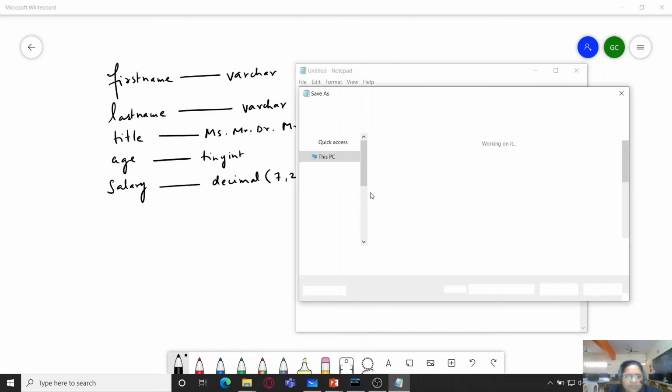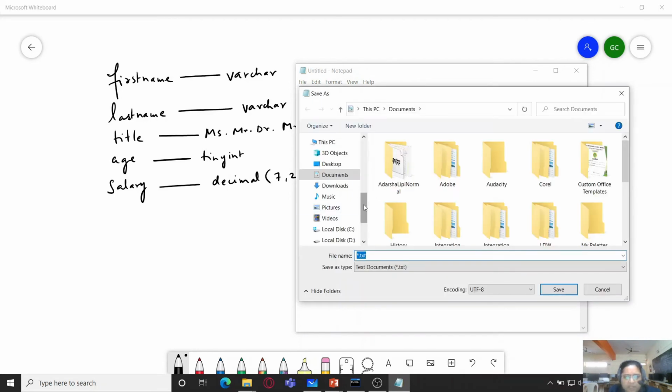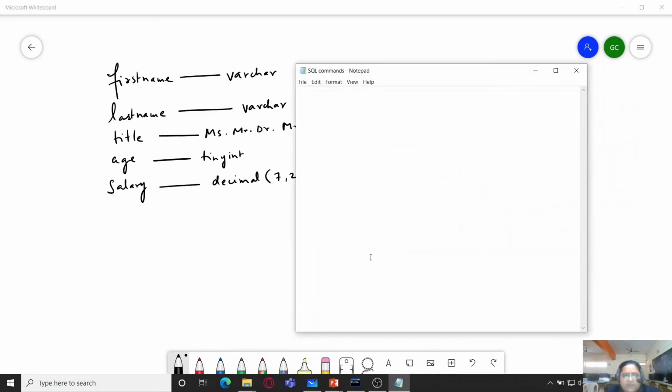So I'm going to first save it, and I'm going to save it with the name SQL commands. So this way, this file always is available to me, or if you want to do it in a different way, you can also use MySQL Workbench and you can save the file over there. So now the commands are: